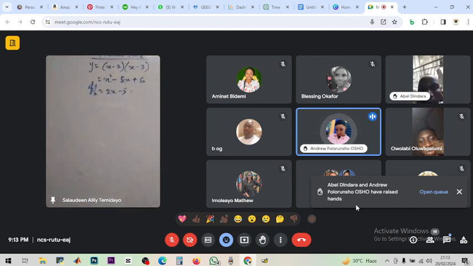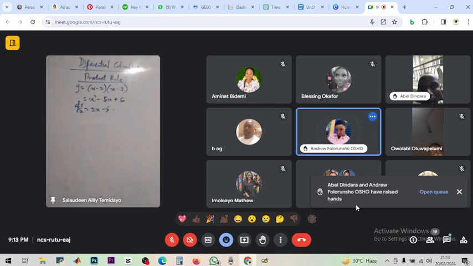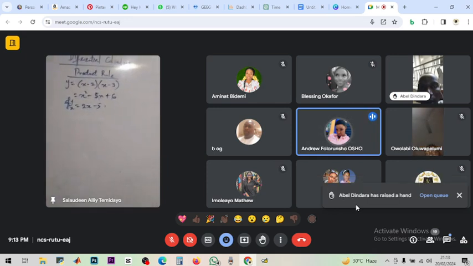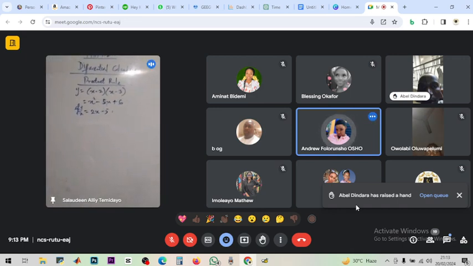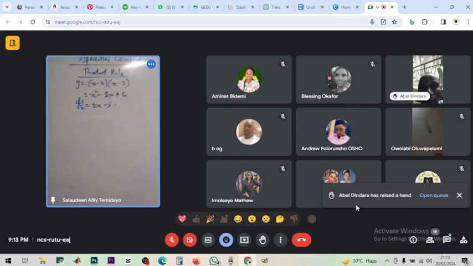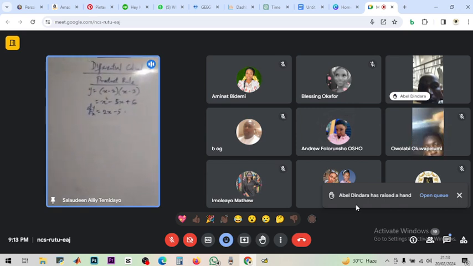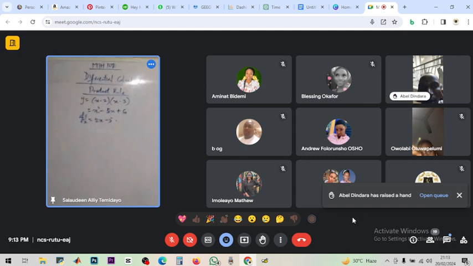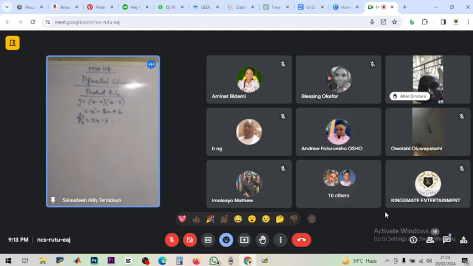So that it won't look funny to some people, I would have advised maybe you can just buttress on that y equals x squared, which is dy/dx equals 2x, so that when you are working on it, they won't be getting confused. It's just a suggestion. Almost everyone here can do it. Anyone that was in yesterday's class has done it. Everyone did it. But because of some people again,